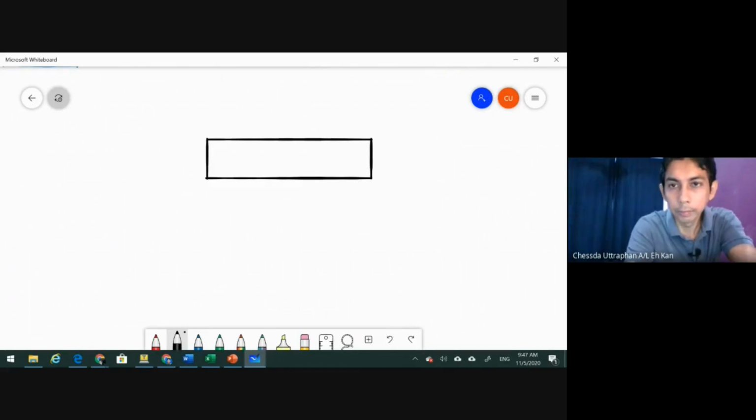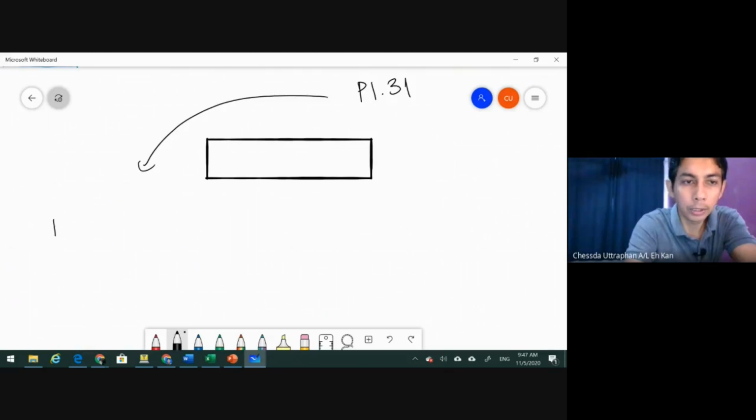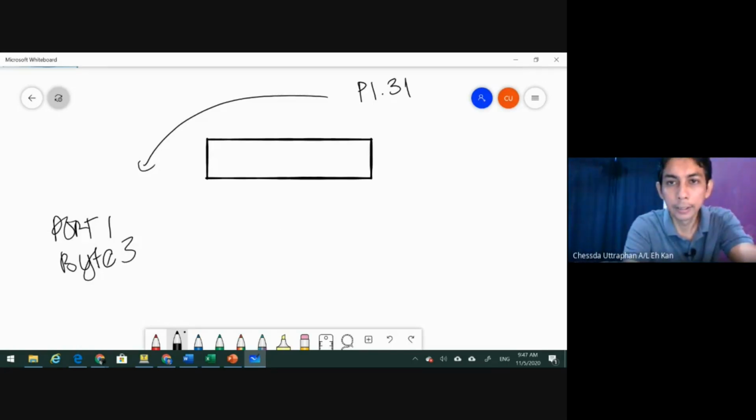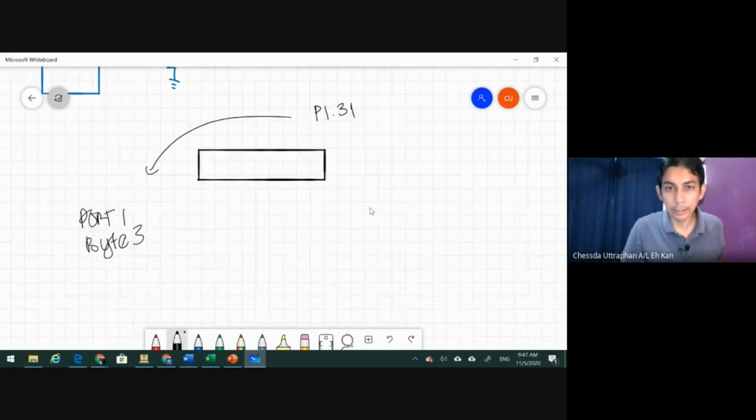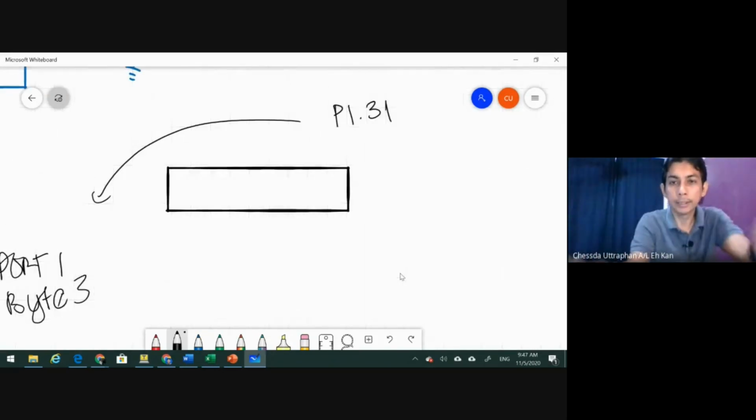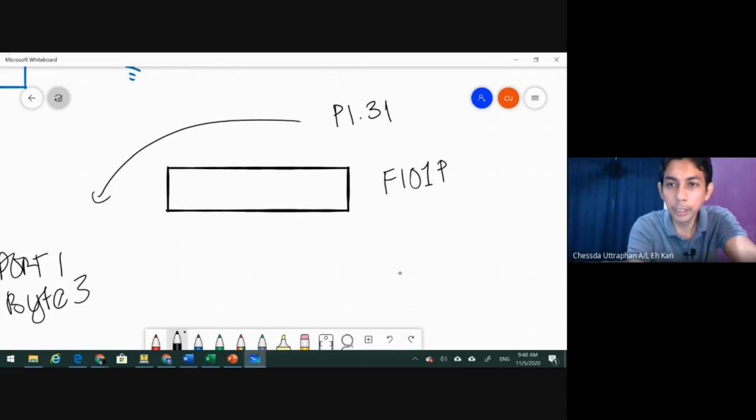Okay. So we have P1.31, right? So this means this is port 1, byte 3, correct? So the port will be FIO1PIN3. Okay, and if we look at what is inside,